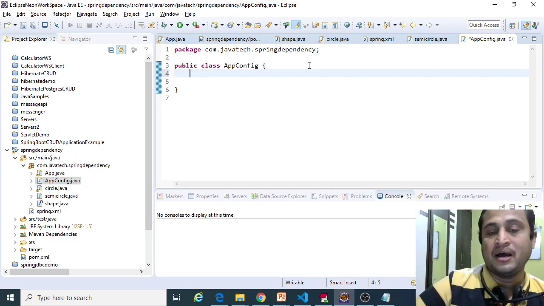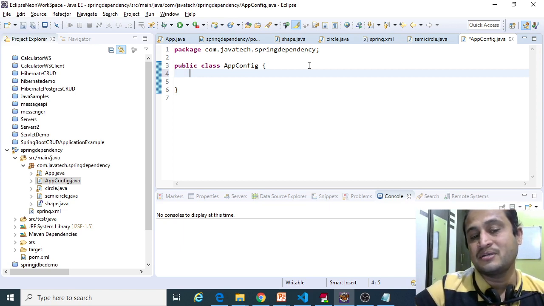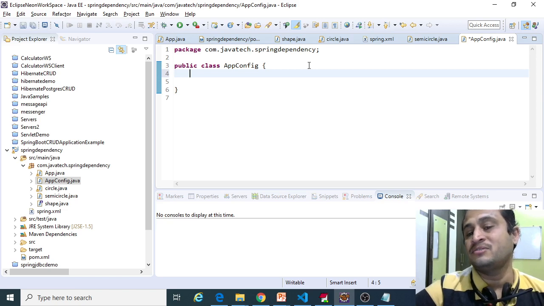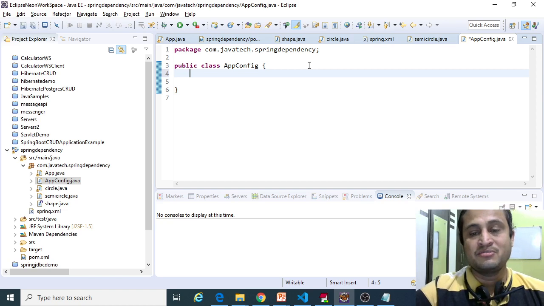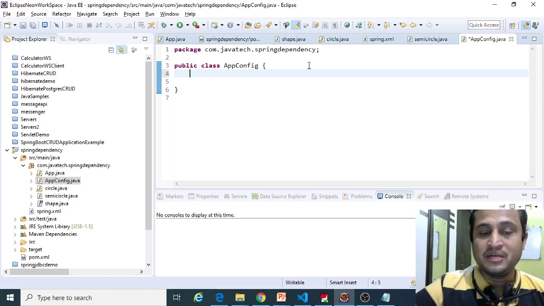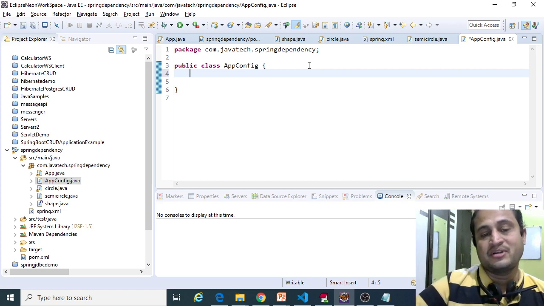So I'm trying to create one bean named circle bean, and I will register it in the configuration. It is very similar to the bean ID that we created as part of Spring.xml. It is a bit complicated concept to understand, but I will make you understand very clearly.